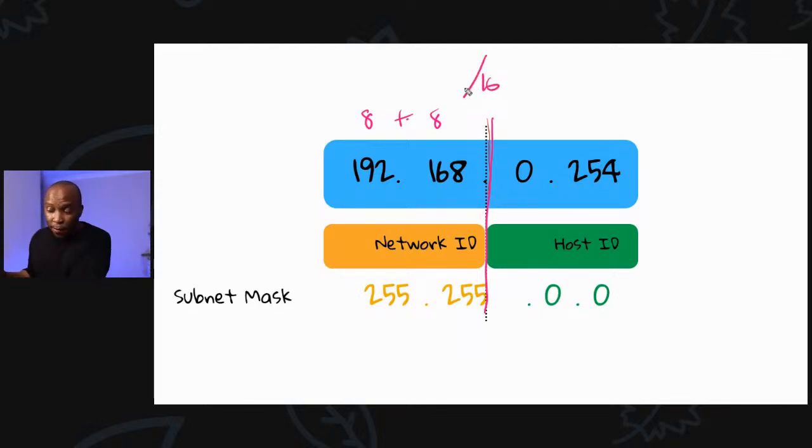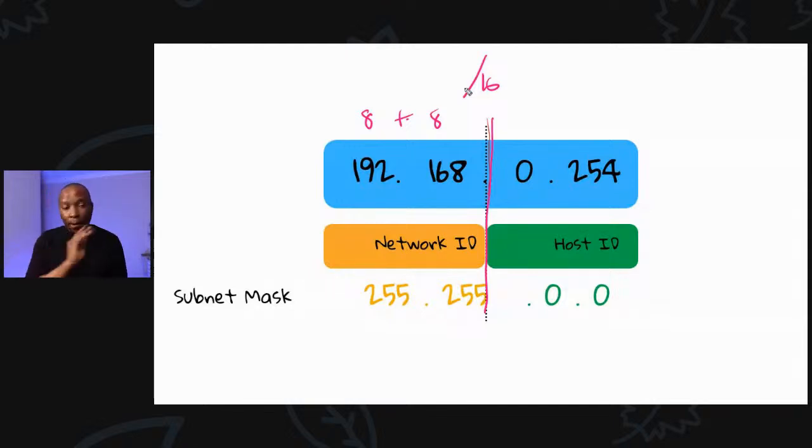Keep that value on the top of your mind. We're going to come back to it. Very important, because when you deal with networks on a day-to-day basis, you're going to see slash 24, slash 27, slash 22, slash 16, and you're wondering, what are they talking about? All they're simply saying is the first 16 bits are used to identify the network address, and the last 16 bits are used to identify the host